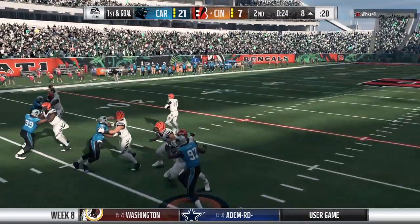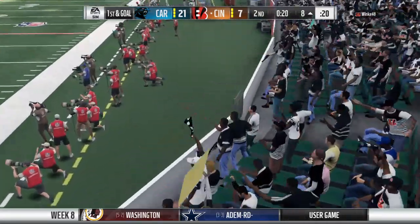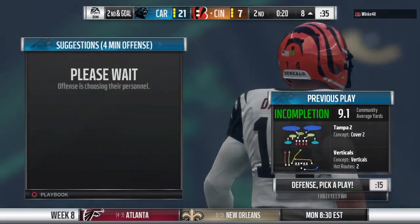From the gun, Dalton. Forced out to his left. And he'll just chuck this one up into row G. It's incomplete. But one thing that I've liked defensively is that they've shown him a lot of different looks here